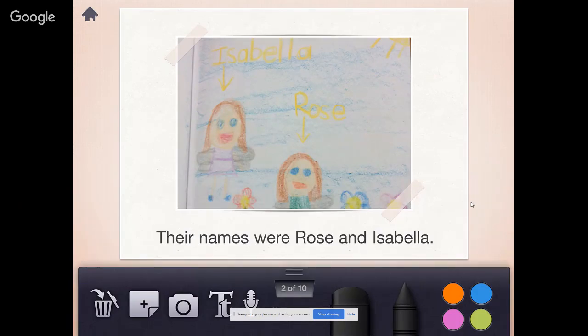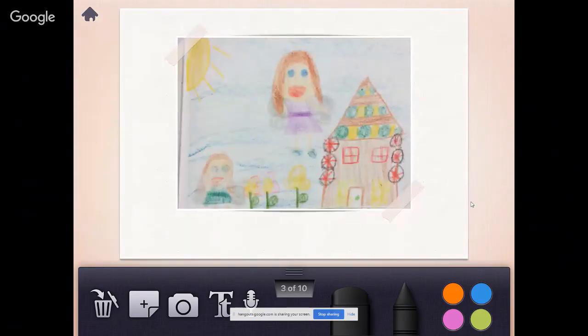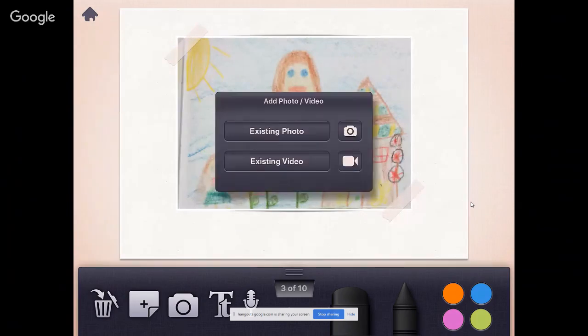And of course, like what you could teach your kids, especially with the conventions of writing, is making sure that whatever they have written, that the picture matches whatever they have written. So we'll go to the next page. And again, remember to add a picture. You'll click on the camera.